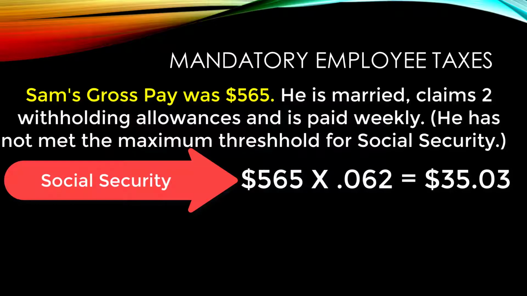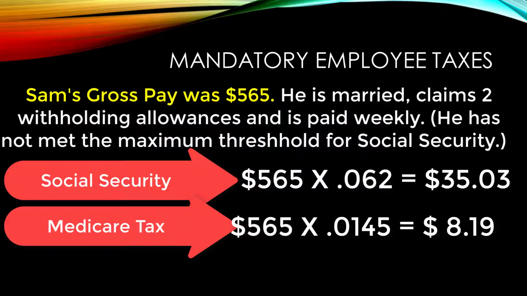His Social Security tax would be computed as $565 in gross pay times 6.2%, or 0.062, equates to a Social Security tax of $35.03. Next, Medicare tax, which has no maximum, is always based on the full amount of gross pay. In this case, $565 times 1.45%, or 0.0145, equates to